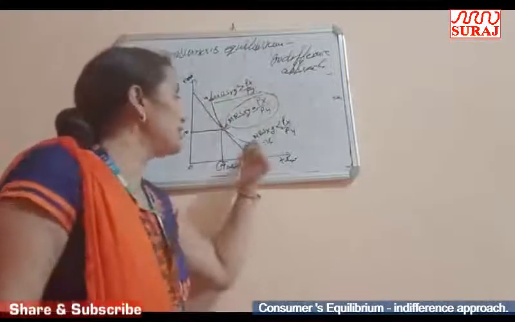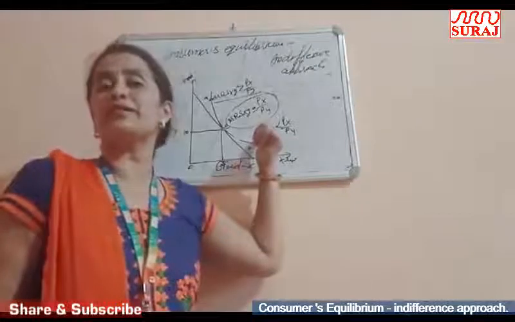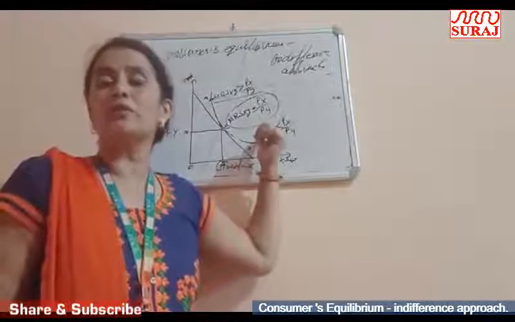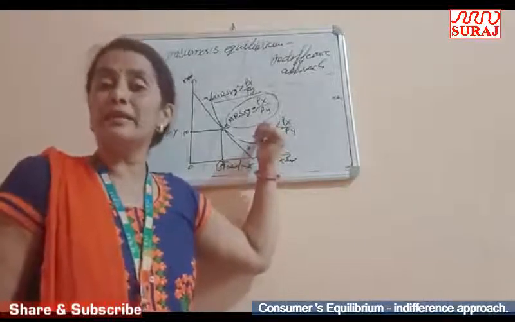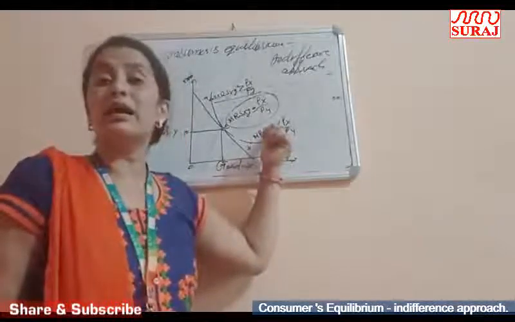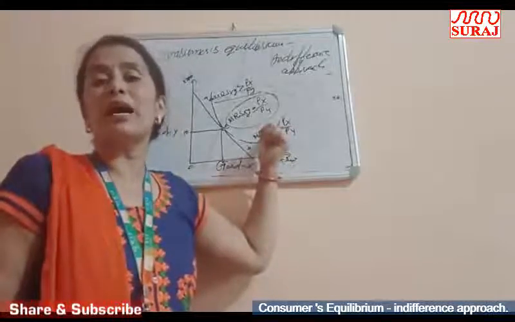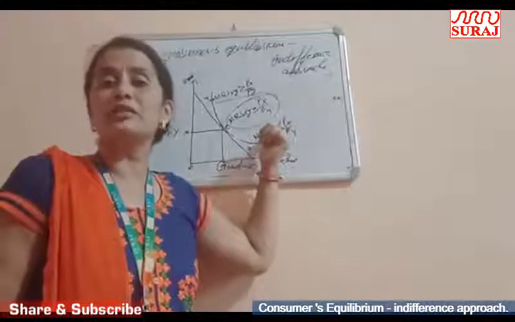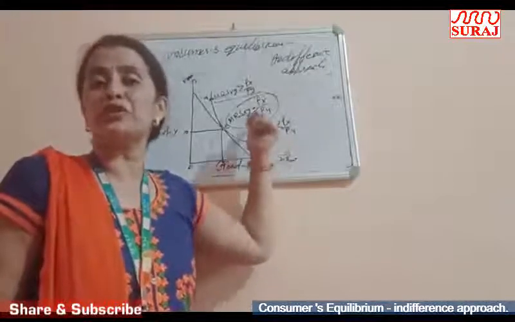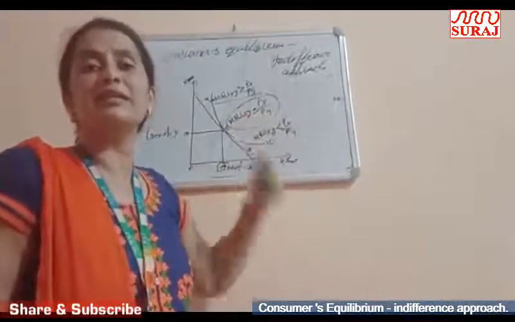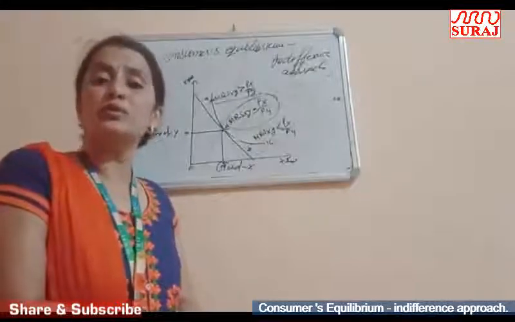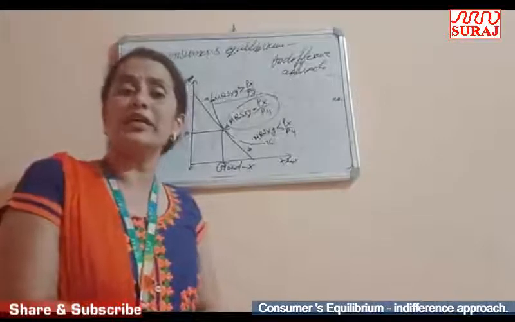And in the second case, point B, if the marginal rate of substitution of X and Y is less than Px upon Py, then what is the reaction of the consumer and how does the consumer get to the equilibrium situation? In this situation, the marginal rate of substitution is less, it declines. So to increase the marginal rate of substitution, the consumer starts moving upward along the IC. यानी वो IC के साथ साथ ऊपर की तरफ मूव करना शुरू कर देगा, and the consumer starts increasing the consumption of Y goods and decreasing the consumption of X goods, and the process would continue till the point where he reaches the equilibrium point.